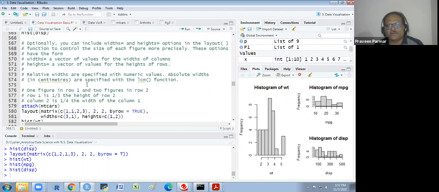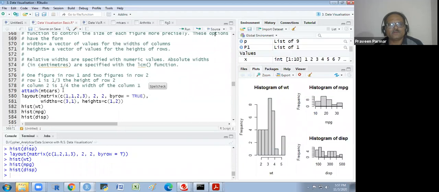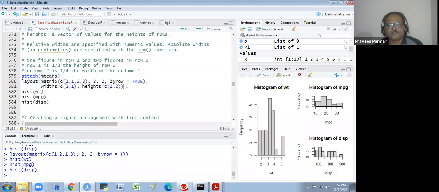Absolute width in centimeters is specified within the lcm function. So with one figure in row 1 and two figures in row 2, row 1 is one third the height of row 2. We will not go that deep. I will just run it. I have written everything.